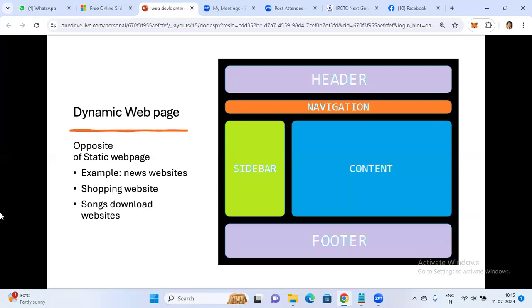So that would also be dynamic web pages. And songs, we have many song websites also. If you want to select one thing, it is not like that. There are multiple things available which might change in future. So in those cases, we use dynamic web pages. Getting my point?